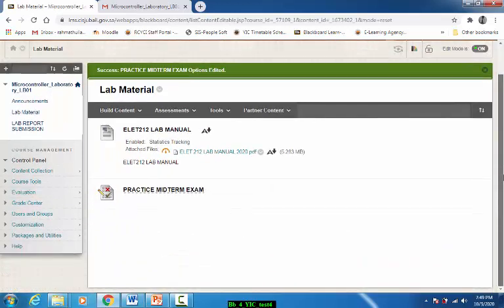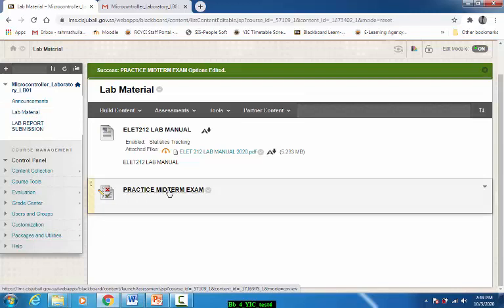Yes, your examination is deployed. So this is step number 2. Step number 1, make the announcement for the students. Second one, prepare the practice midterm exam and deploy it. Now the third step is, we want to link this practice test to the lockdown browser so that it will open only in the lockdown browser.